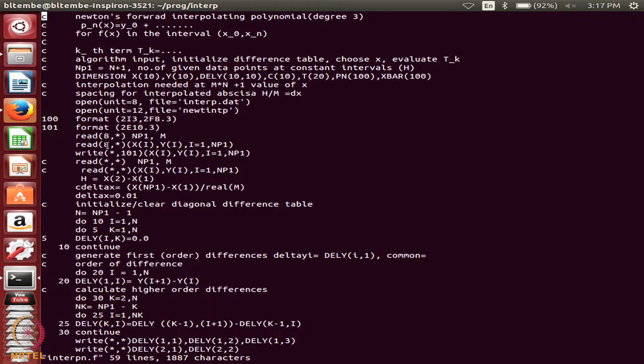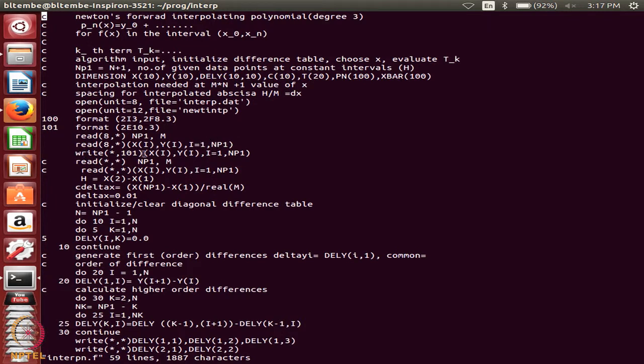Okay. Then read 8 comma star, xi, yi, I going from 1 to np1. In the last lecture I mentioned that whenever I give it in brackets, xi comma yi comma I going from 1 comma np1, it is an implicit do loop. It is as if I am writing a do loop, and in that do loop for each value of I, I am going to read xi and yi. So, I would have done do 10 I going from 1 to np1, read xi yi and 10 continue. This is how I would be reading in that do loop. So, this is the same as a do loop.